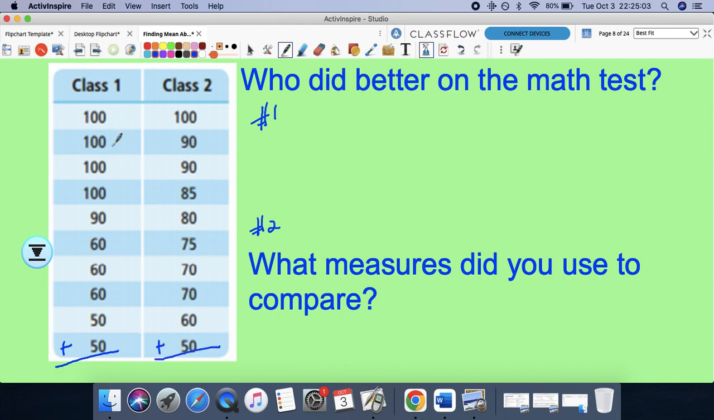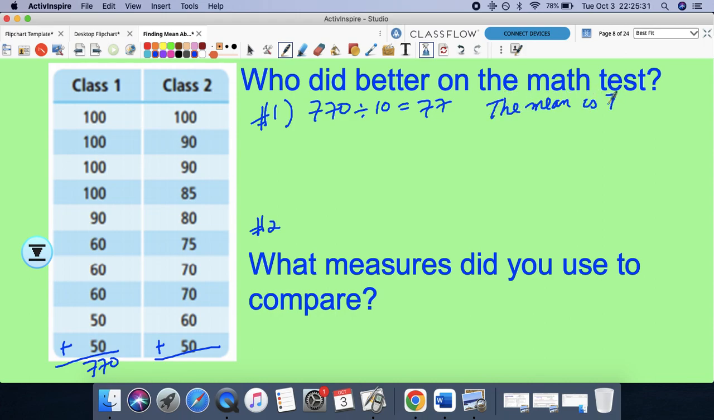So for class 1, let me add them up. 100 plus 100 plus 100 plus 100 plus 90 plus 60 plus 60 plus 60 plus 50 plus 50. Enter. I get 770. So class 1, 770. If I divide by 10, it's 77. So the mean